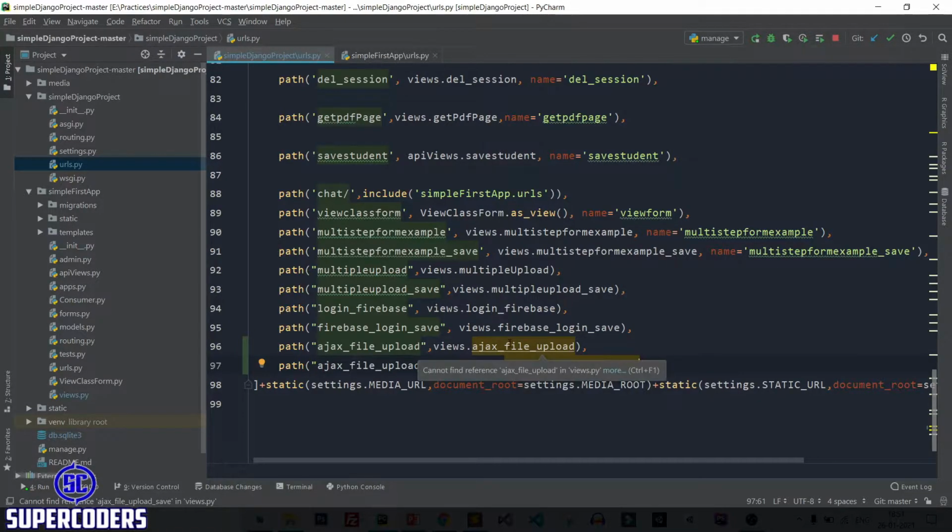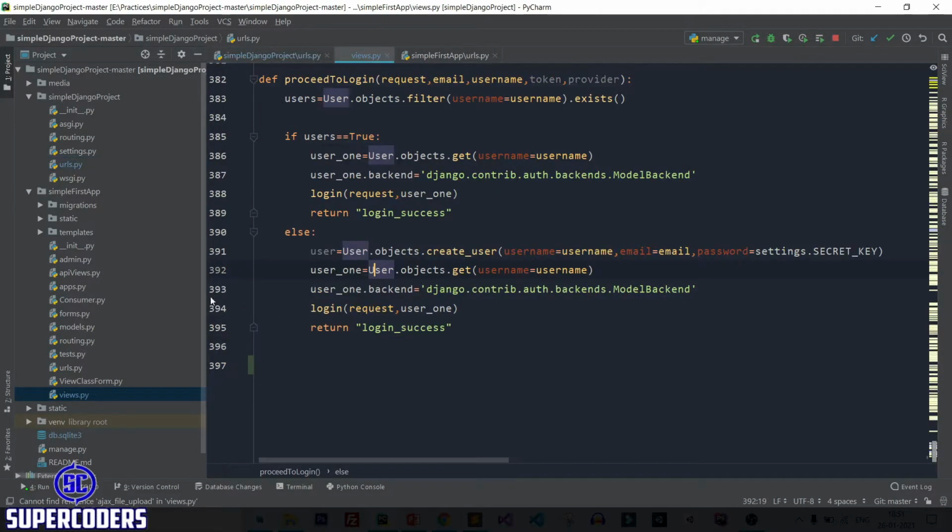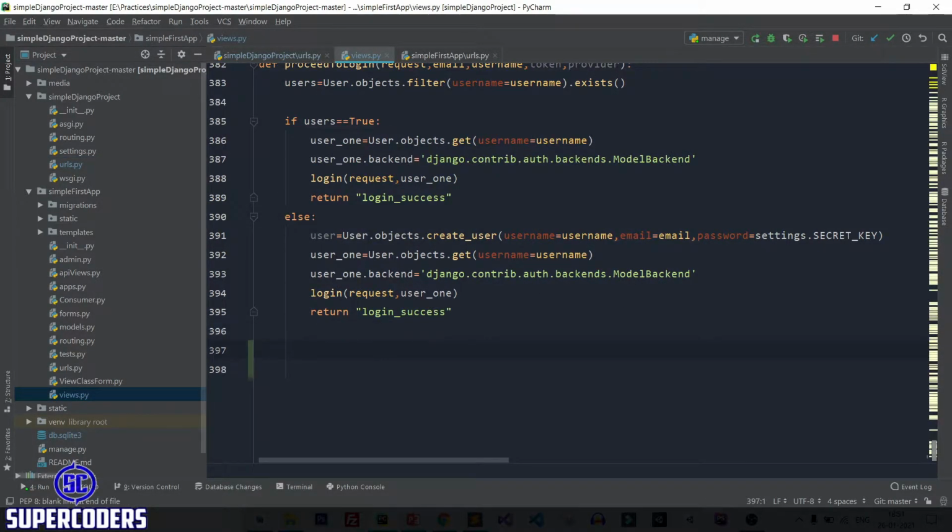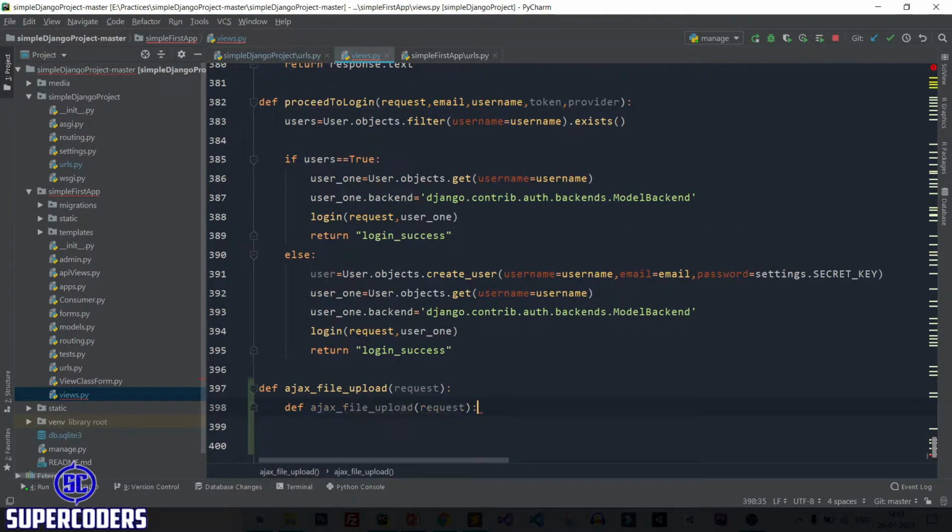Now let's create these two methods in views. So copy it, back to views. Let's open views. Here is views. After that let's create define Ajax file upload. Then request object first parameter. After that again copy it. This time simply paste it.